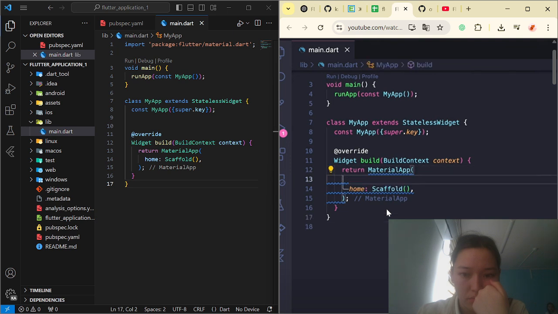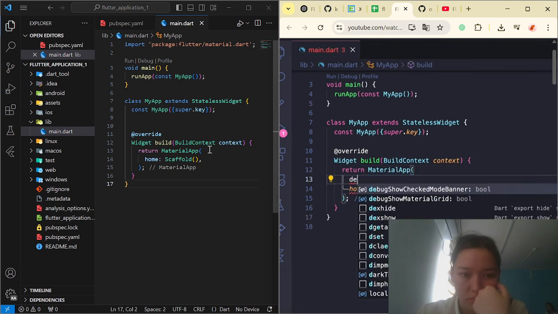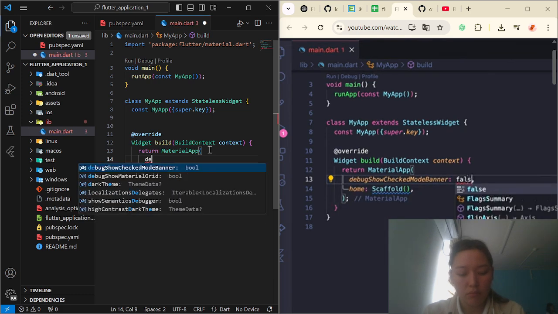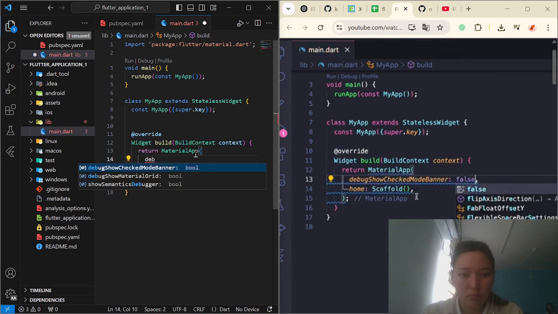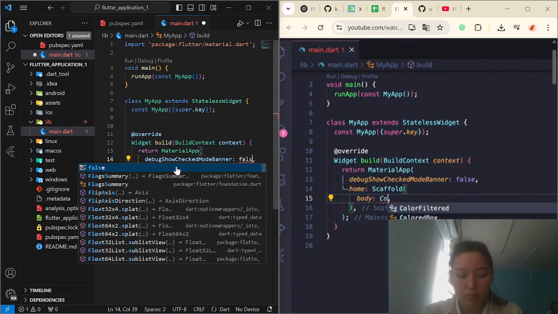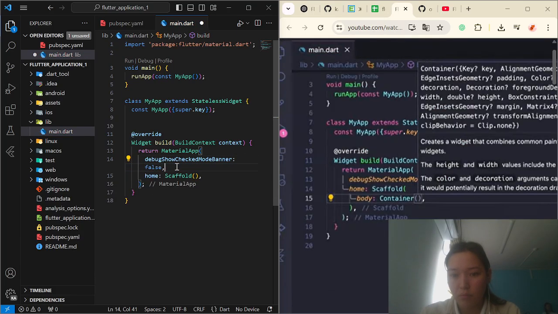So for that, just inside MaterialApp, we use debugShowCheckedModeBanner, and you can make it false. Now inside my Scaffold, I want to create a body, and I want to use the Container widget. The reason I'm